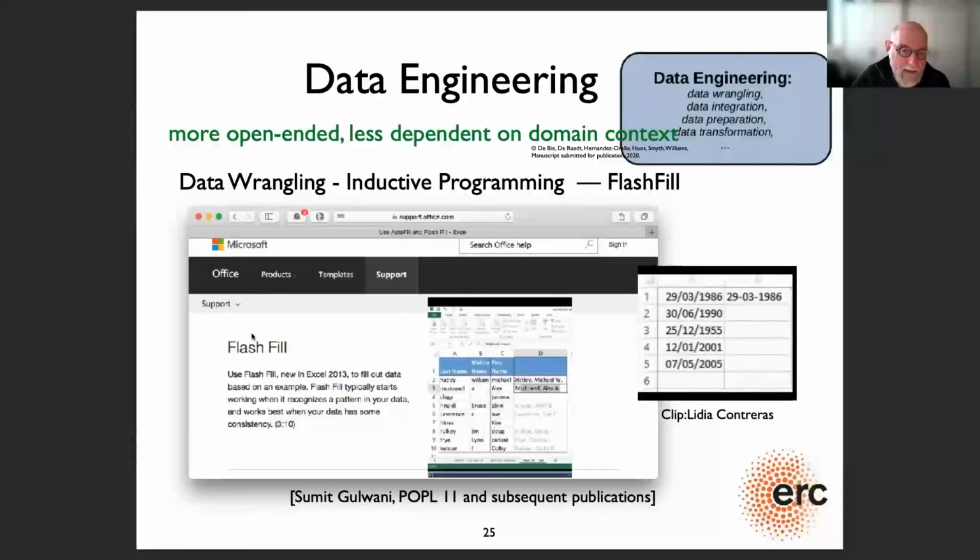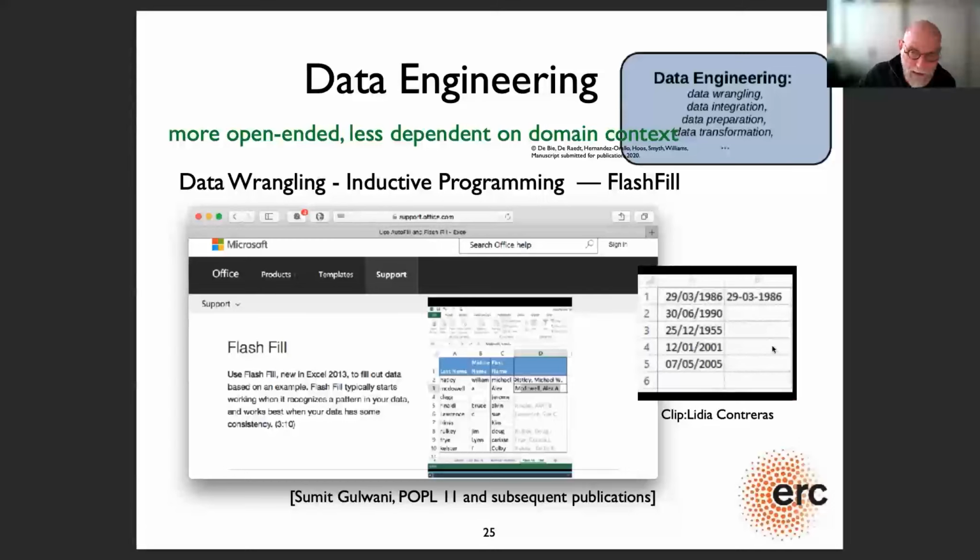What he was doing is showing for the first time that programming by example and program synthesis could do something useful, because that's now a feature that's actually incorporated in Excel. It's called Flash Fill. What it does is, on the basis of one or two examples, you typically learn a string transformation program that will take a set of input strings and produce another string. Typically, the thing that you'll get is illustrated here on the right.